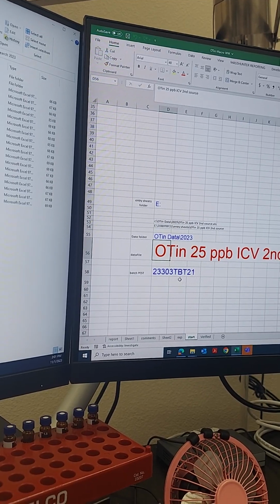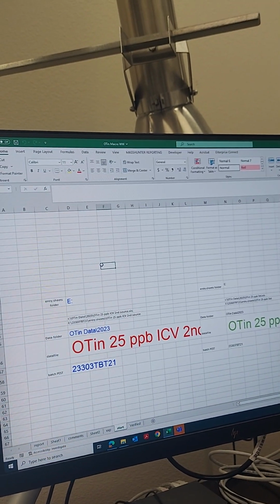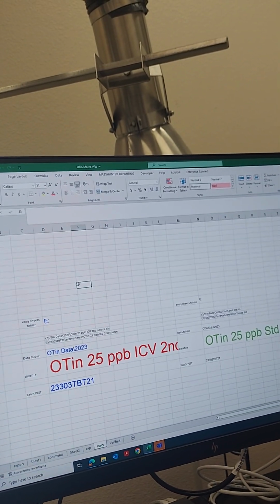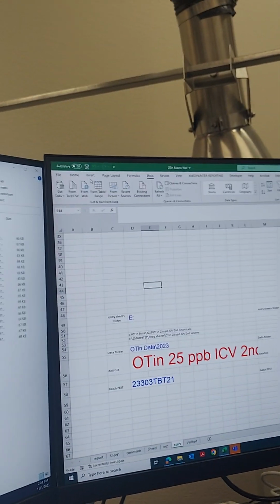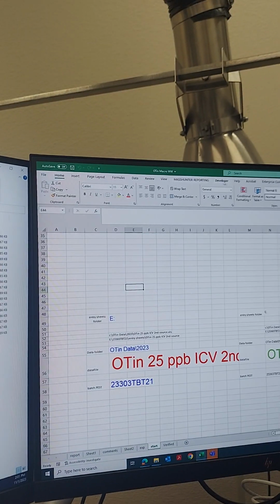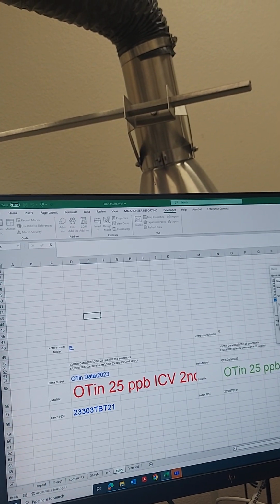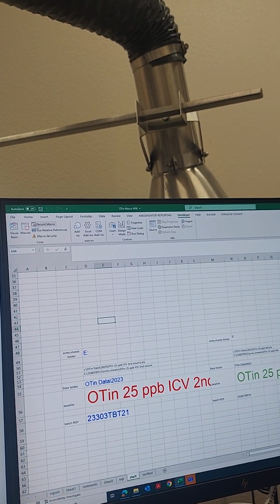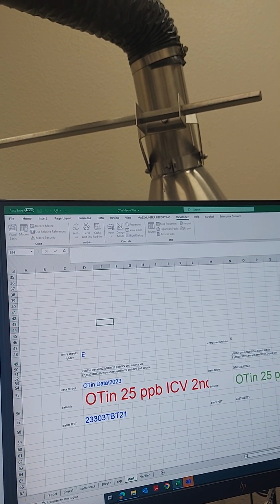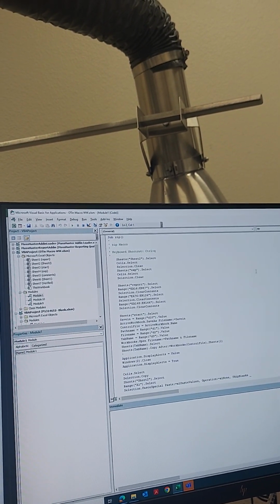So now we can press Control Q. Maybe. What's happening? Control Q. That should